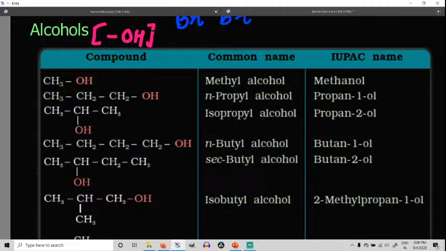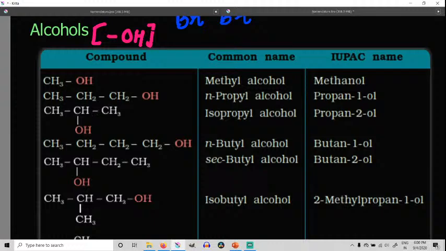The second example. So 1, 2, 3, the root word is 3, and for root word 3 it means prop. And plus an, I told you the rule is plus an. So prop plus an. And why should it be 1-ol? Because alcohol is present on the first carbon atom, so we have to give the numbering to the functional group. Okay, because we can have one more isomer of this, where you will find OH attached on the second carbon atom,